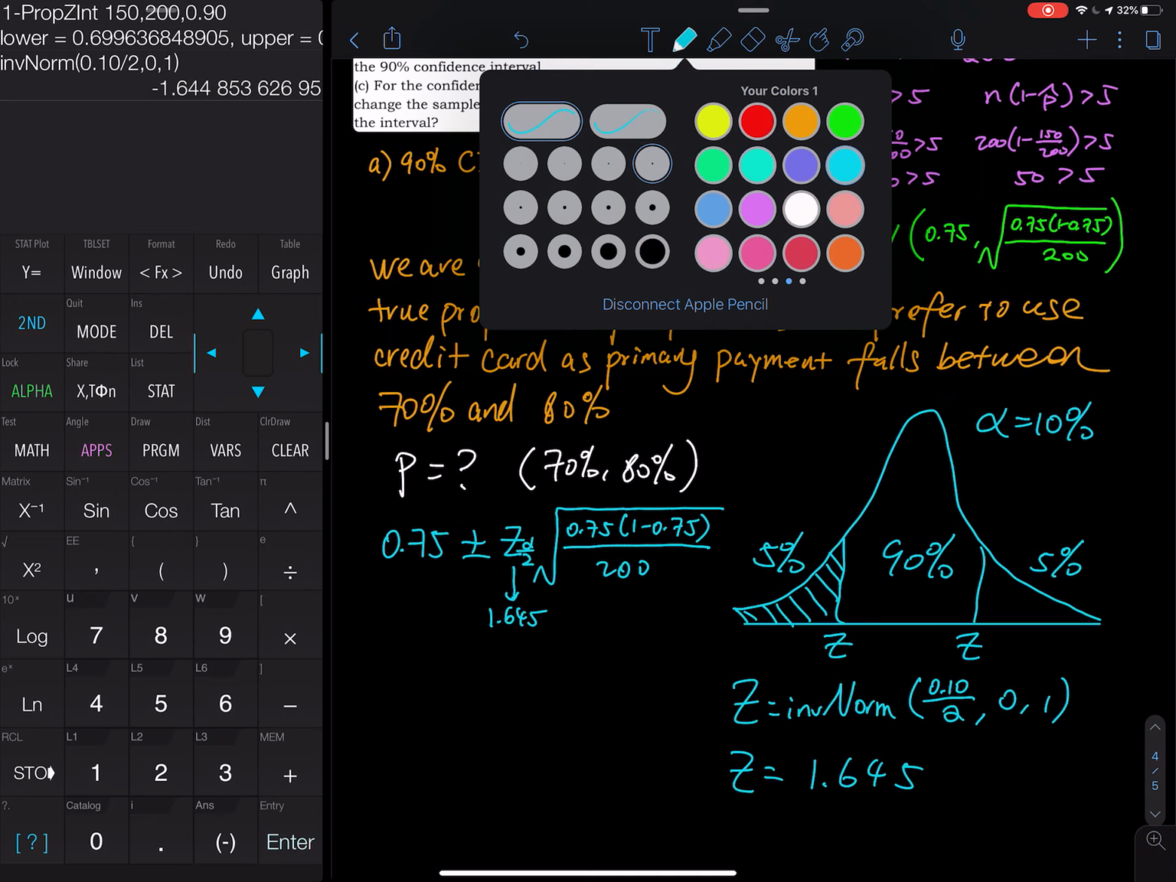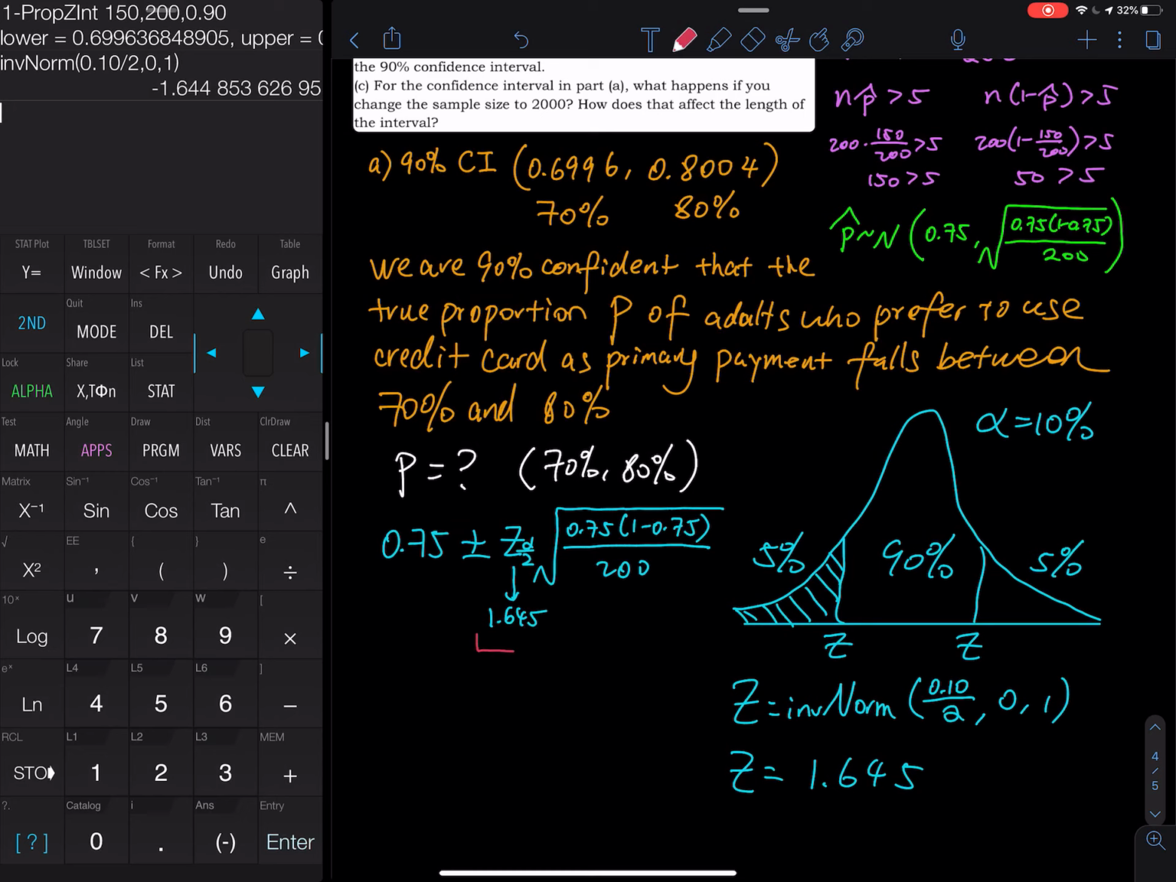And then one other thing that they ask you to do all the time is called the error bound, or the margin of error. So how big is the margin of error? How do you compute that? You do 1.645, look at my calculator, and then you multiply by the square root, second, x square key, of 0.75 times 1 minus that, which is 0.25, or if you are so lazy, you can type 1 minus 0.75, that works too, and then divided by 200. So the error bound is equal to